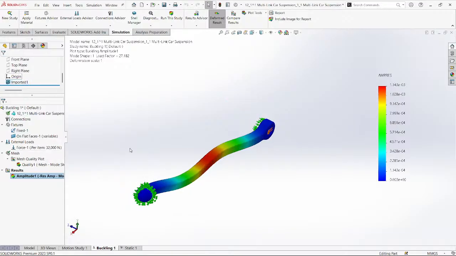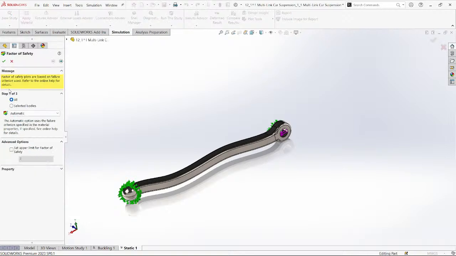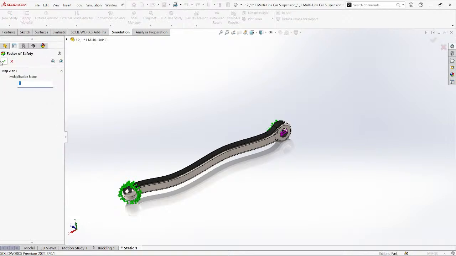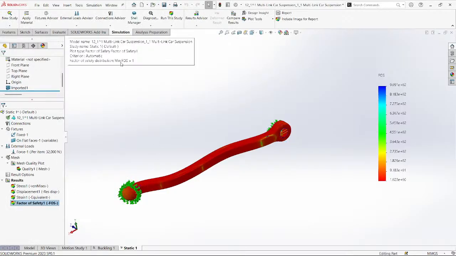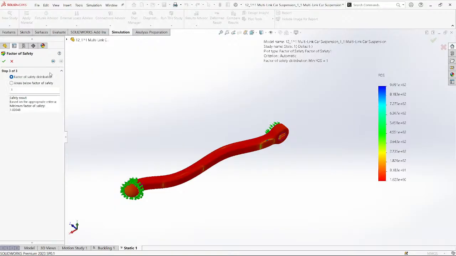Okay, if you want to see the factor of safety, here only you'll get to know how much is the factor of safety for this component. Okay, automatic green check. This minimum is 1, so in short fine. Upper limit you can keep it as fine meshes. Let's see, multiplication factor, distributed area below. Okay,